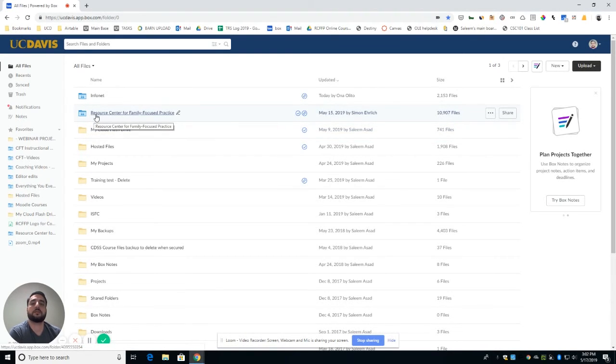So this is the Resource Center for Family Focused Practice folder that we have over here, and we share it amongst our team. We've got work in there, and I can tell, okay, this is the shared folder. Same thing with InfoNet. Someone at IT shared this folder with me, and that's how I gained access to it. So if you've received access to a shared file or folder, more than likely, you'll see it here at the top of the screen when you first